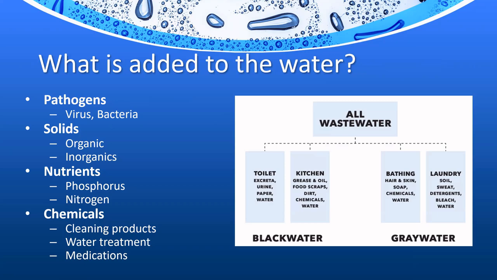In the olden days, people would divert gray water away from black water, as we call it, the toilet and the kitchen. But we've done a lot of research over the last several decades, and gray water does have a lot of pathogens in it too. So the general rule of thumb anymore is that all of your wastewater should go into your septic system to be treated. That way you're not introducing any type of pathogens out into the environment, and it's all getting the same amount of treatment that you're aiming for in your septic system.